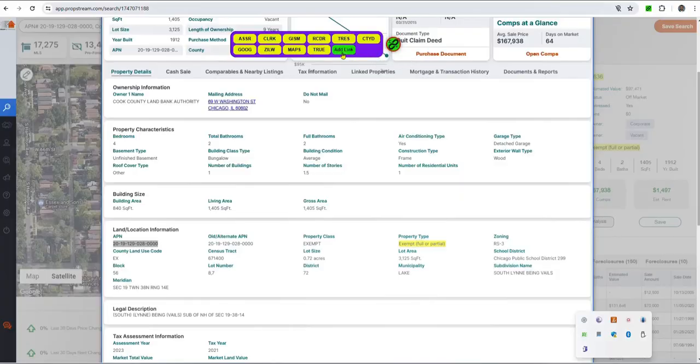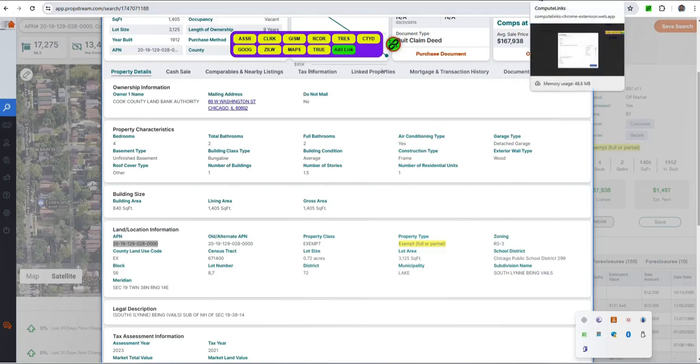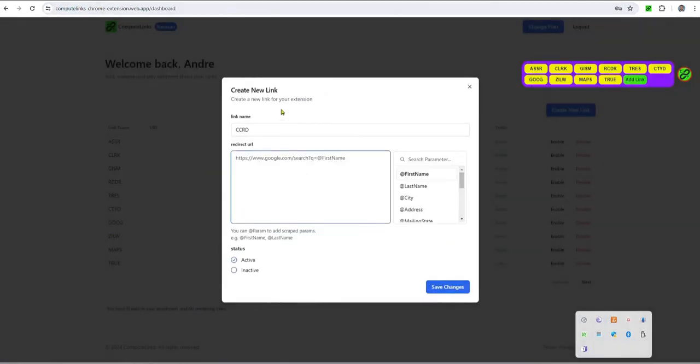You do need to register and be logged in to the dashboard. Once you're logged into the dashboard, we can define our own links here. So for example, if I go over to create a new link, I've got a link name up here, CCRD, and from the search parameters, the various details that we're grabbing from the real estate data portal, we can select any one of these items that we might